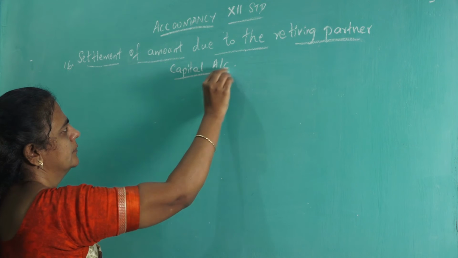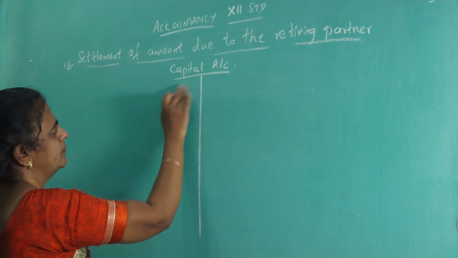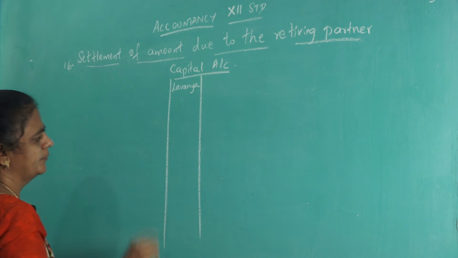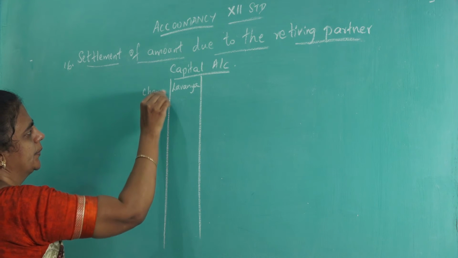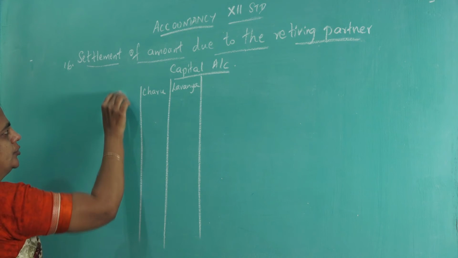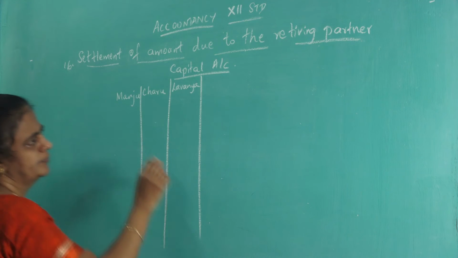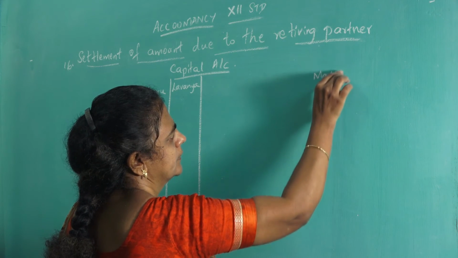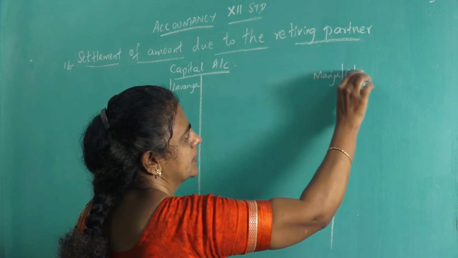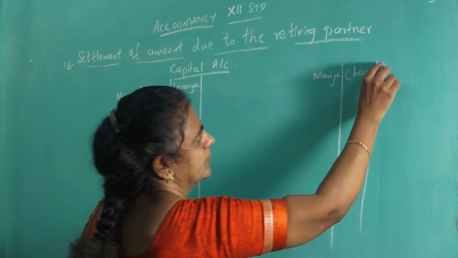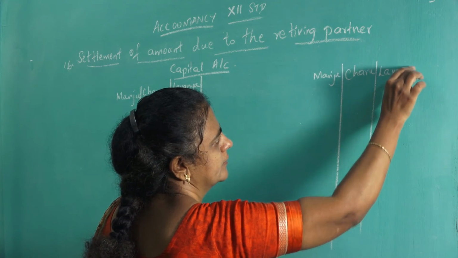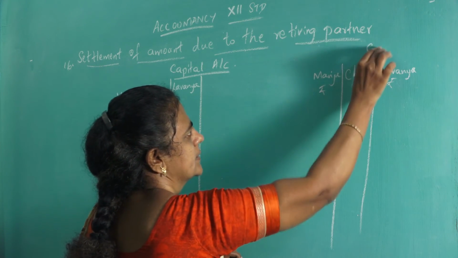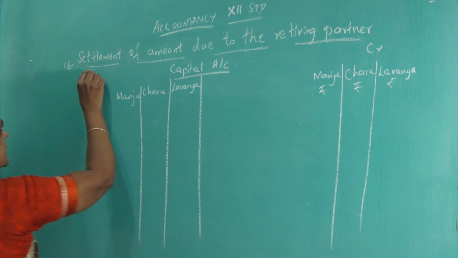Capital account. Write all the 3 partners' names: Lavanya, Charu and Manju. Okay, here also write Manju, Charu, Lavanya. Rupees, credit, this is debit,